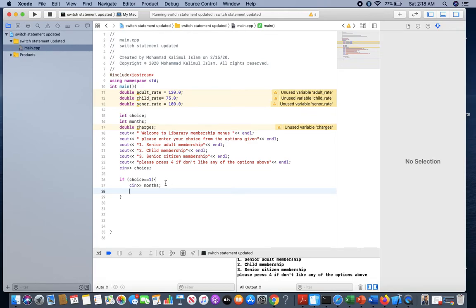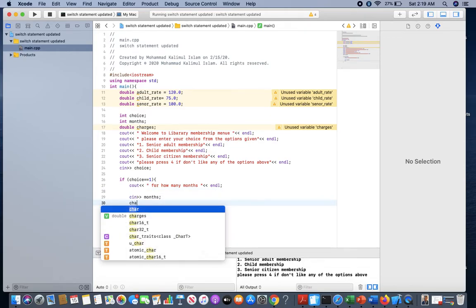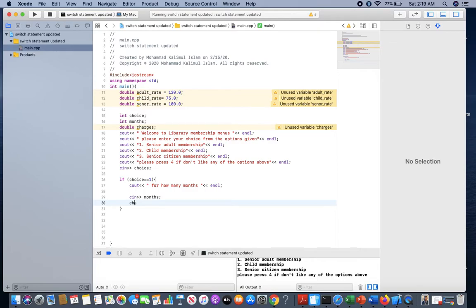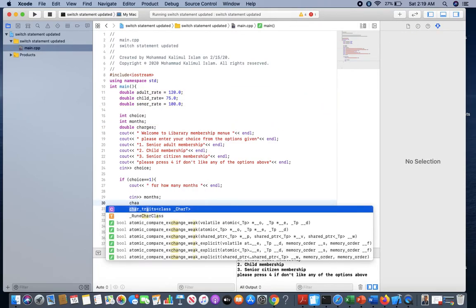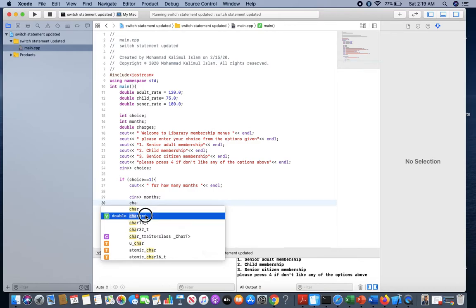Okay, now choice is 1. So let's do cout for how many months? For how many months? Oh, I don't know how to spell months. And end the line. Now we'll get the input for the months. Once we get the months, what will we do? We will say charges equal to,